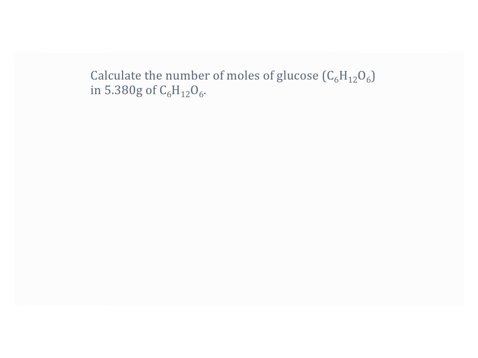Now, I'd like to do one more example where we're looking at the molecular weight or the molar mass. And so this problem reads, calculate the number of moles of glucose in 5.380 grams of C6H12O6. So in this, we know we have 5.380 grams, and we're looking for the moles, and it's C6H12O6. And so we have another piece of information we need to calculate. We need to figure out the molar mass of glucose.